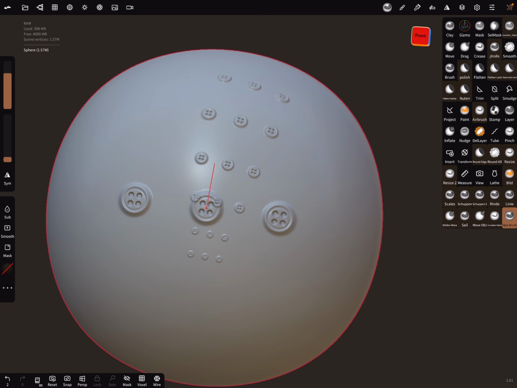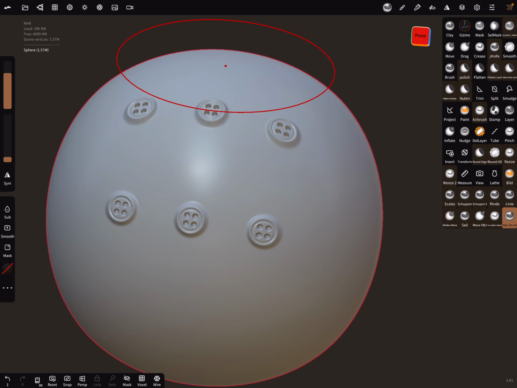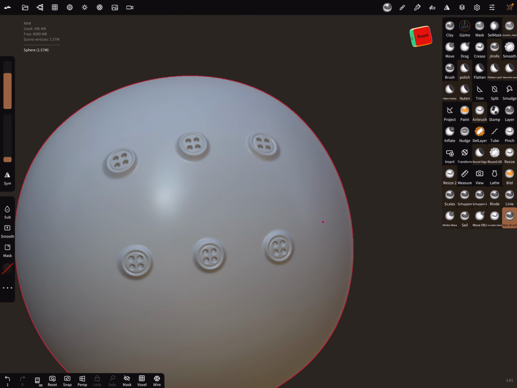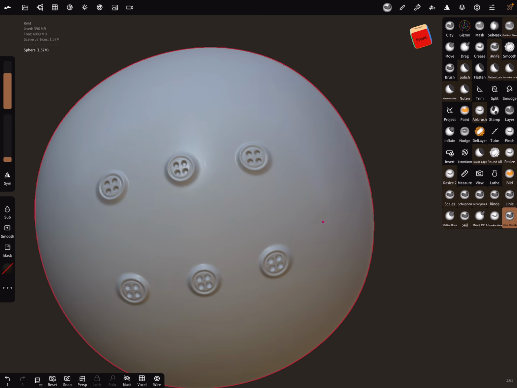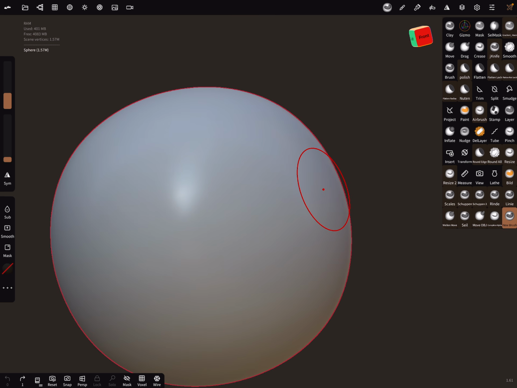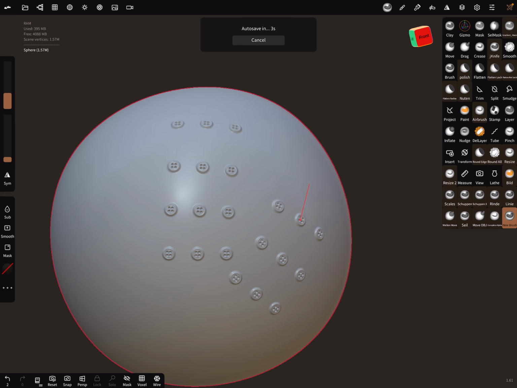And now when you brush, every stroke has the same intensity and the same radius. And we can adjust the radius again. And now that's brush knobs.